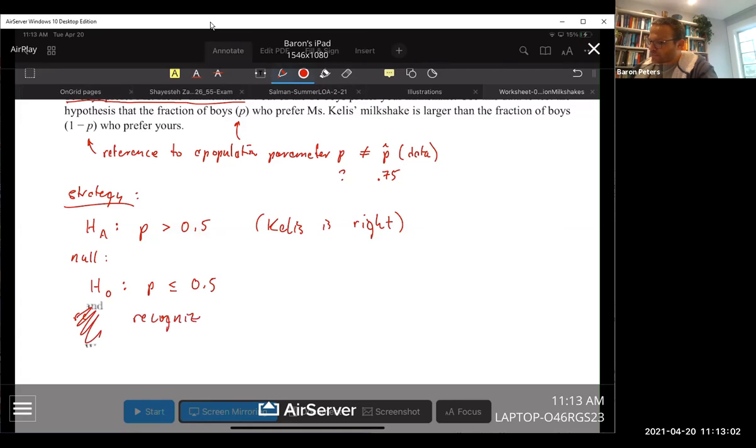So recognize that our estimate p hat is a binomial random variable. Okay. All right. So now what we're going to do is we're going to test